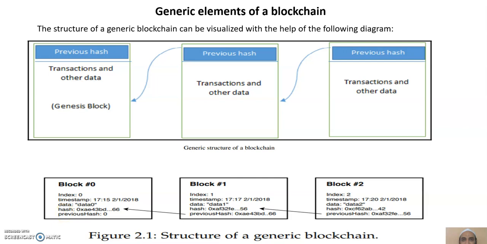As we all know, hash functions are used in cryptography. And there is something called the previous hash. The value being stored here is the previous value. Block 2 stores the value from the previous block. This is the structure of the generic block diagram. We will see each and every term in this class.